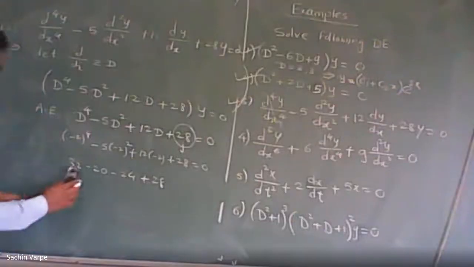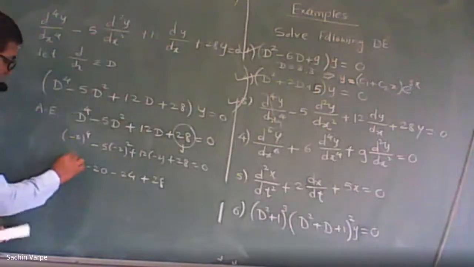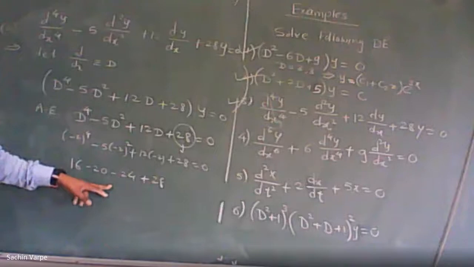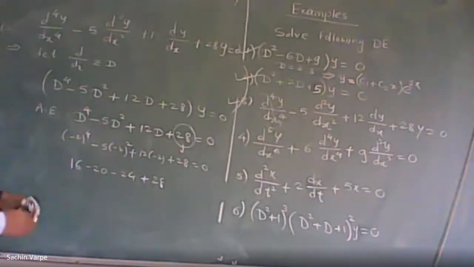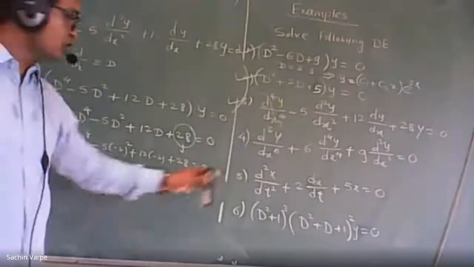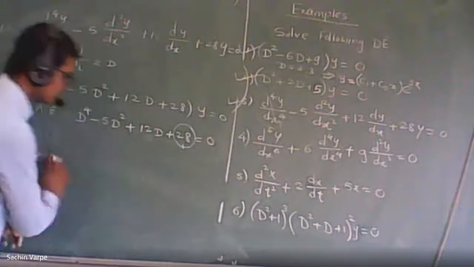Is it 0? So d raised to 4 is equal to 16. Oh, I'm sorry, 30. I have taken d raised to power 5. Yes, sorry, 16 minus 4. Yes, it is equal to 0 now. So therefore, minus 2 is a root. So we proceed with minus 2.